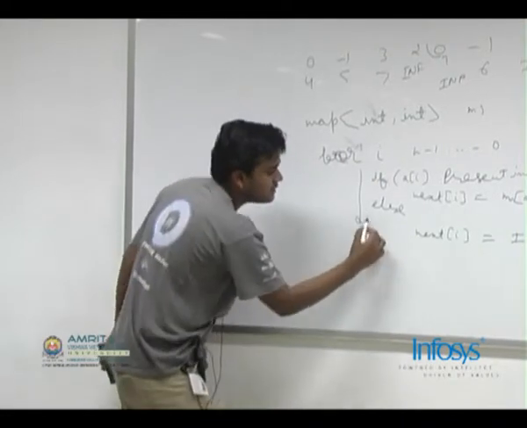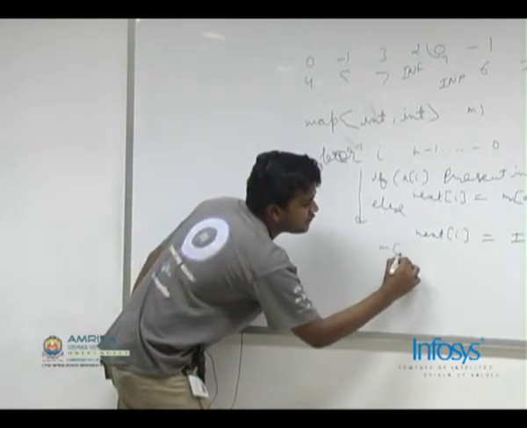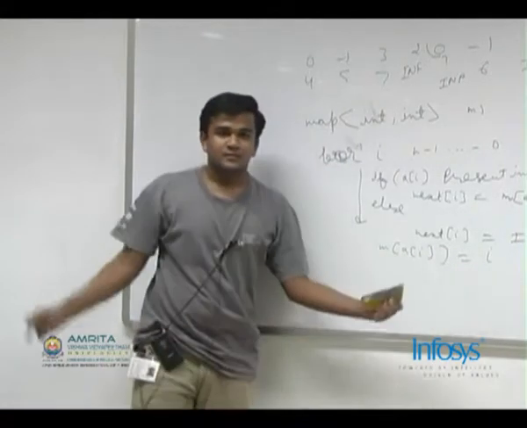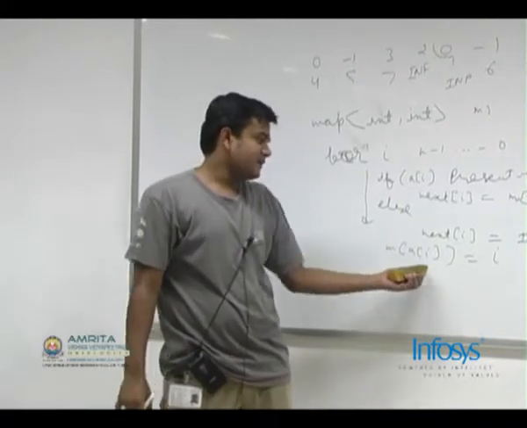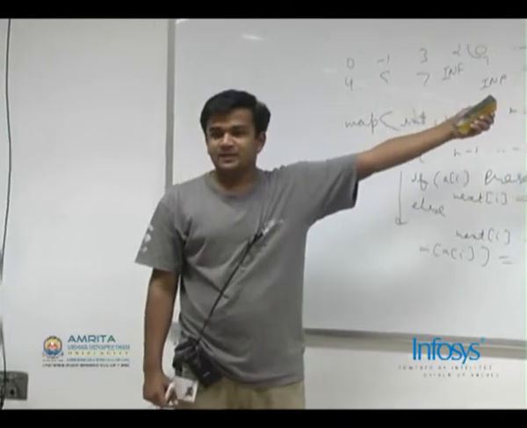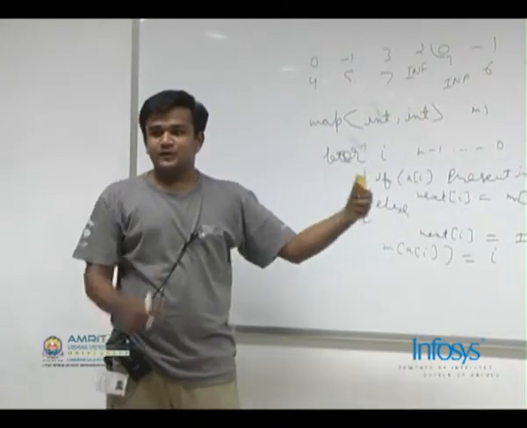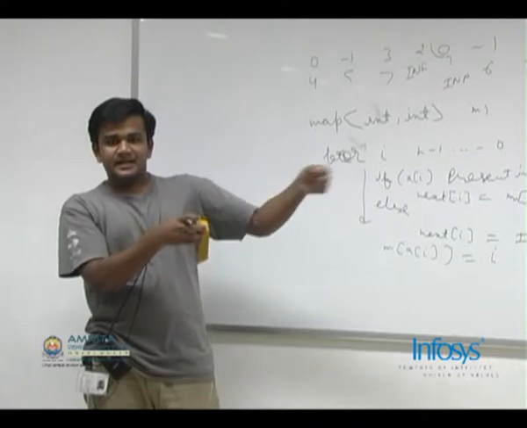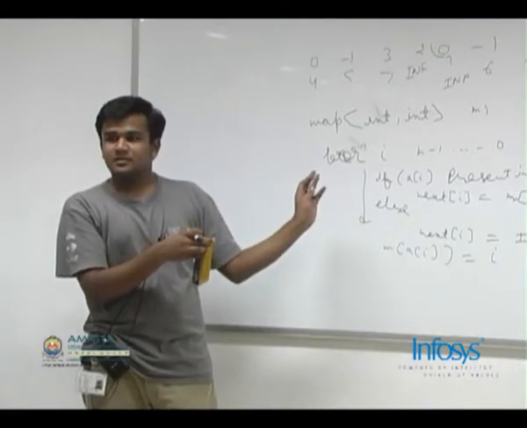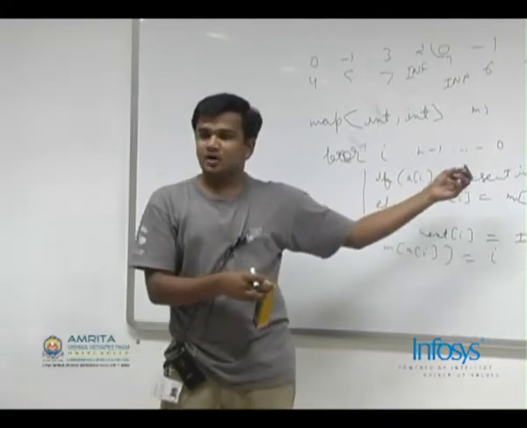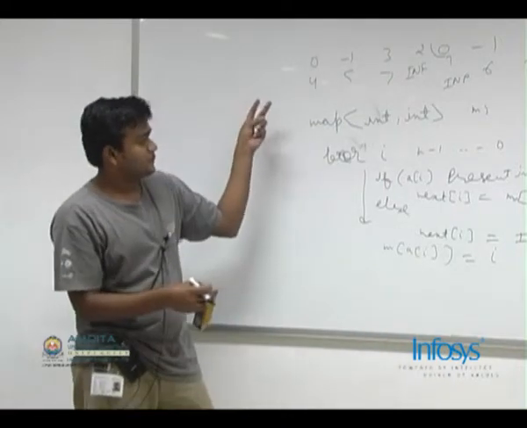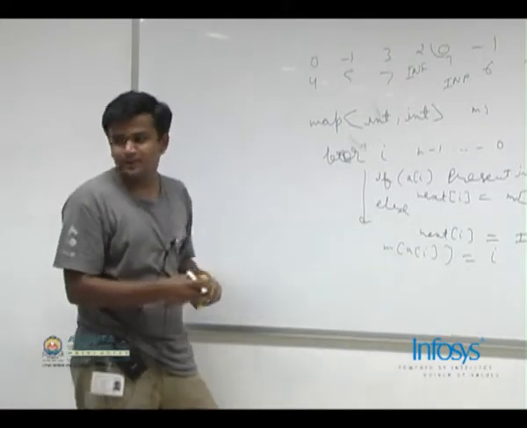Now after we are done with this, we will also set M of A of i equal to i, because we are declaring here that we found A of i at ith position. So if A of i was present at some other place as well, this value would get rewritten. So we will always have the latest, the least index where this number is present, right? So this map operations are order of log n, so we get this whole thing in order of n log n. So we have an array next preprocessed.